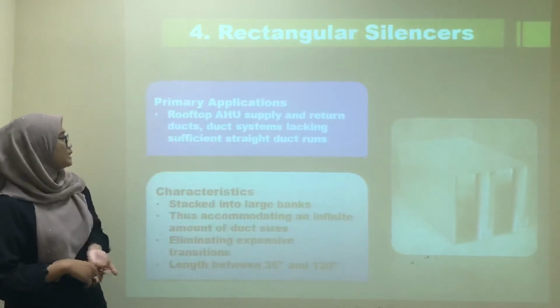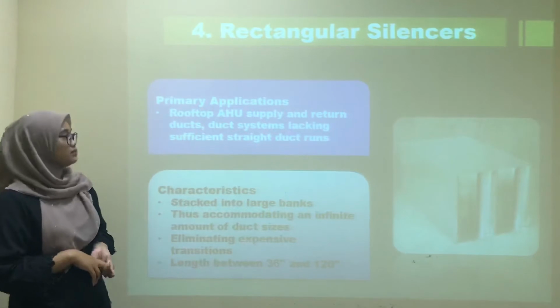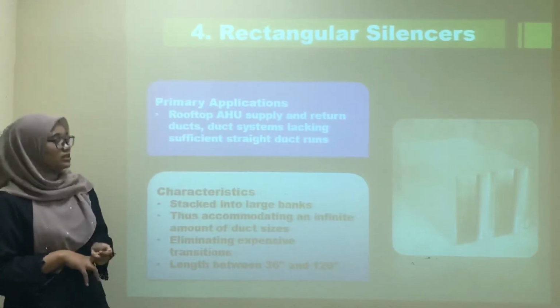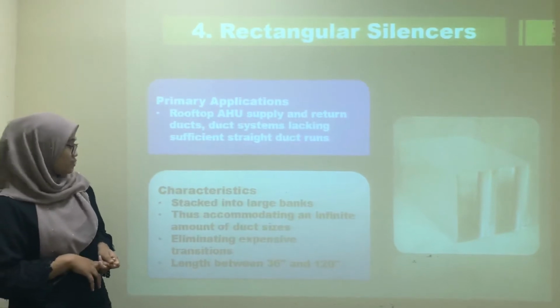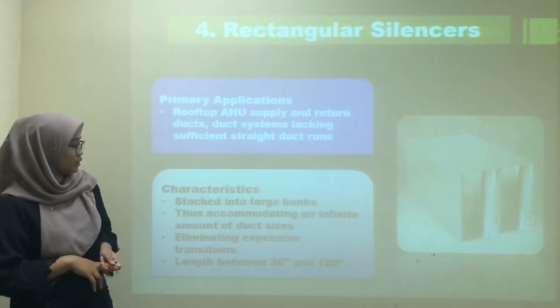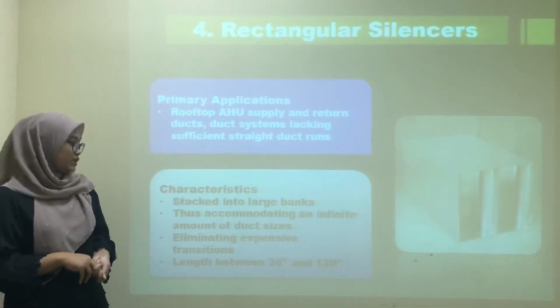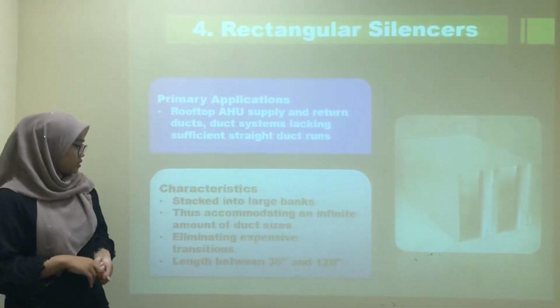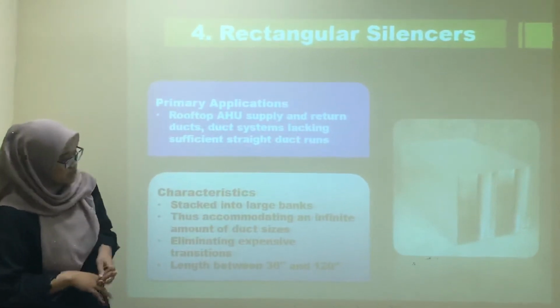Fourth, rectangular silencers. Primary application: rooftop AHU supply and return duct systems lacking sufficient straight duct run. Characteristics: stacked into a large bank, thus accommodating an infinite amount of duct size and eliminating expensive transitions, with lengths between 36 inches and